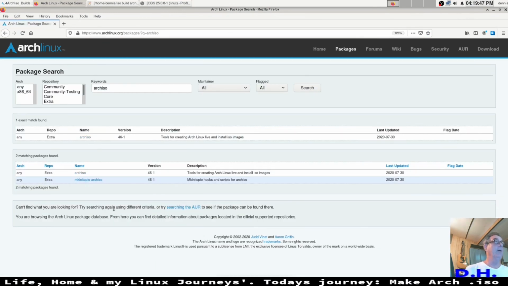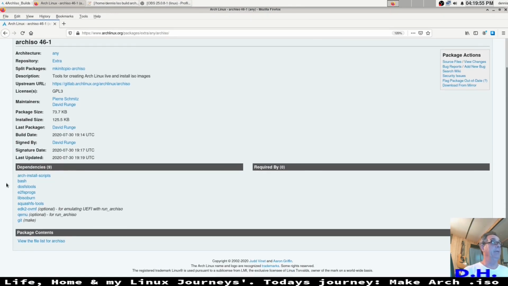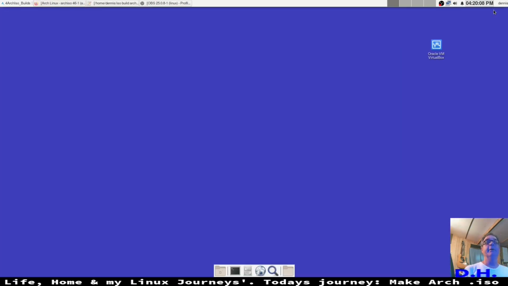Now here they are, and because they're in the regular repositories, you can just install them through pacman. But if you click on archiso, it'll tell you what its dependencies are. I went ahead and put these dependencies here, even though they are optional. I went ahead and included them. So the first thing that you're going to need to do,